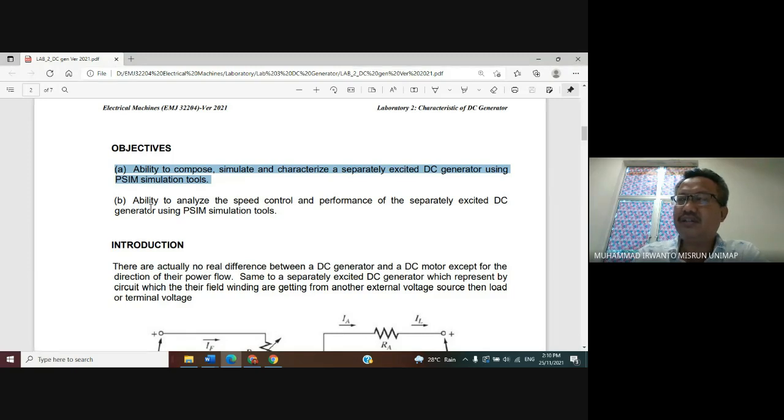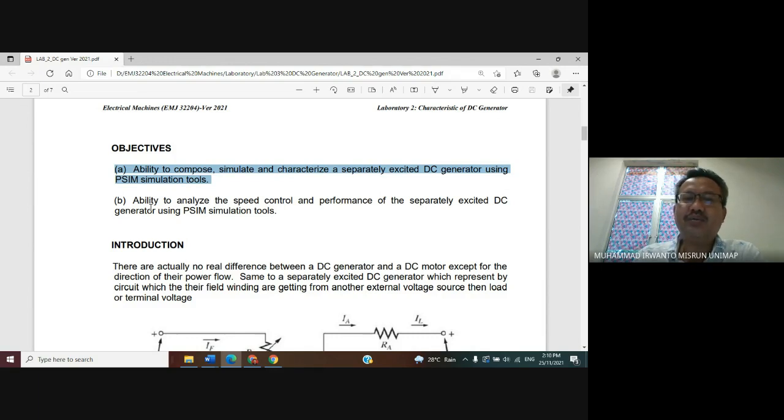It means the excitation system is separate, which can be directly coupled using the rotor of the generator, or separately using a battery system.